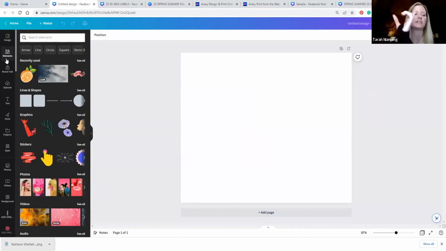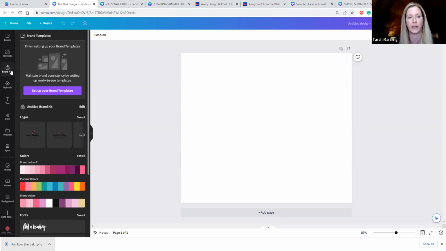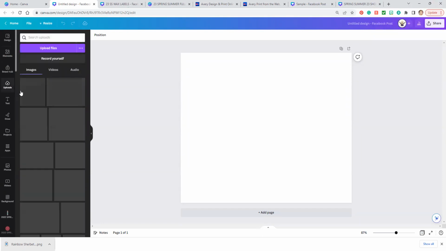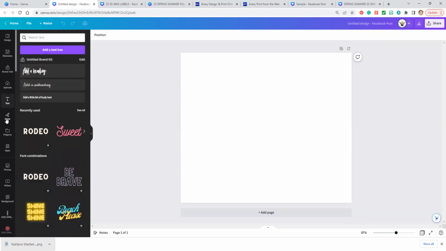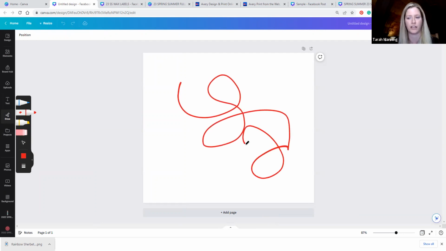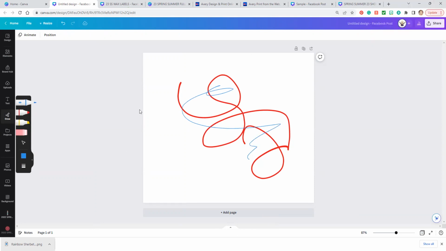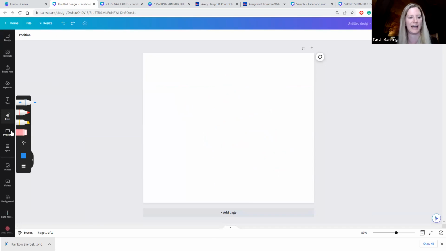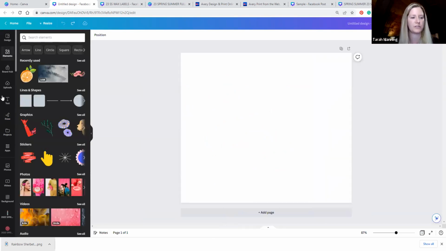So just to go over elements. These are graphics, recently used, lines and shapes, graphics, stickers, photos, things like that. You'll see up here this is a paid part, so if you have it free, you're not going to see this little button. These are uploads, text, draw, projects. Draw is brand new. I haven't even played with this yet. They just released it, but you're allowed to draw on here now, which is pretty cool. I saw they sent me a thing about it, and I haven't played with it yet. But so I would go to maybe